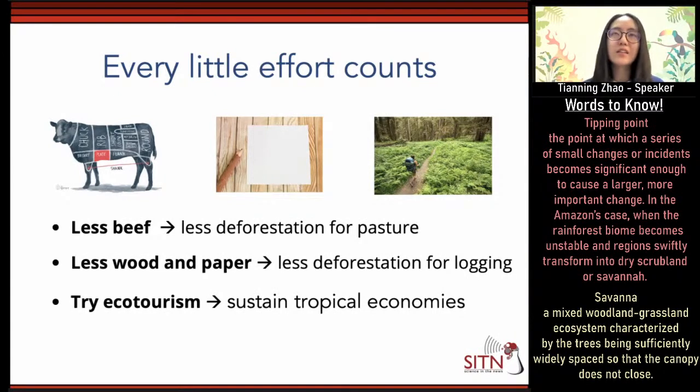And more specifically, let's look at the causes. We know that about two-thirds of the deforestation happened because we want to do cattle ranching. If we could consume less beef, that would mean less demand, and demand determines supply, so we would have less deforestation for new pasture land. We could also consume less wood and paper, and that would decrease the deforestation for logging. Not specifically for the rainforest, but for the temperate forest and the boreal forest, which are primarily used for wood and paper. That could save them as well.